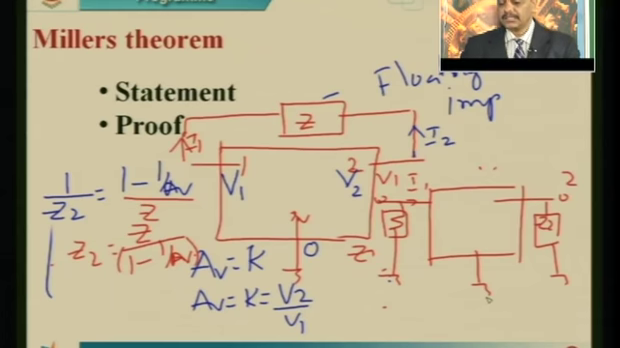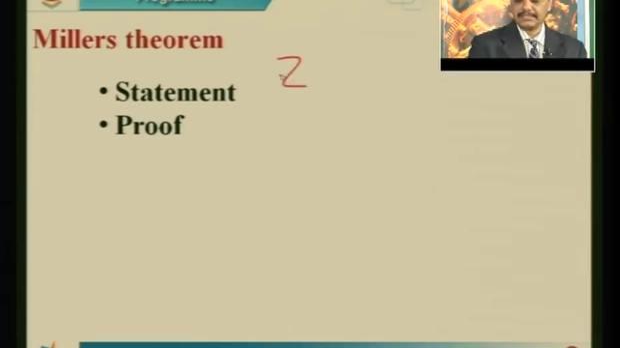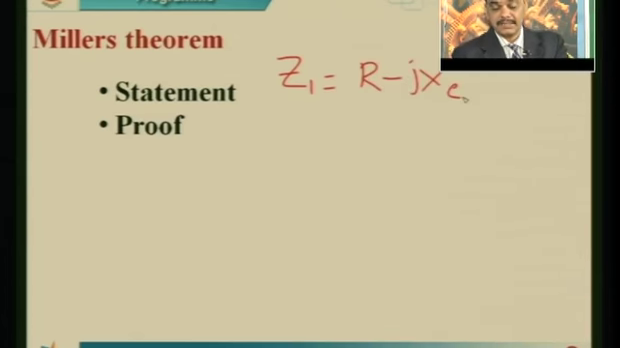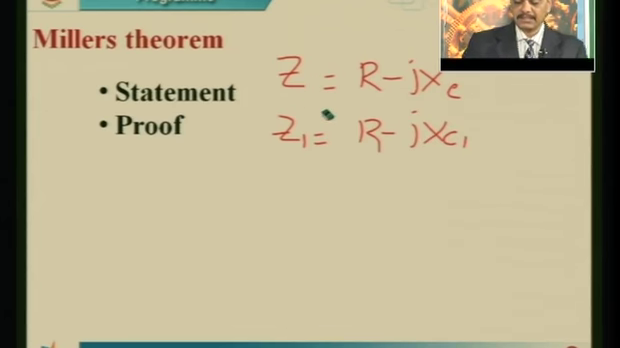But in our theorem, we are interested only in high frequencies, where the response mainly depends on the capacitors. You have to determine the Miller's capacitance. Miller's capacitance can be defined as follows. We know that Z is equal to R minus jXc, then Z1 is equal to R1 minus jXc1. This is Z. Then Z1 is given by,